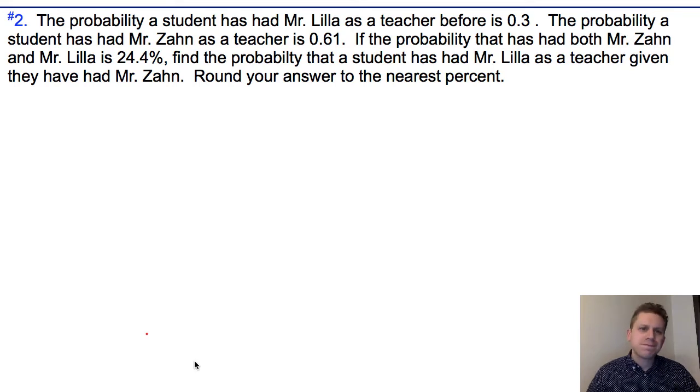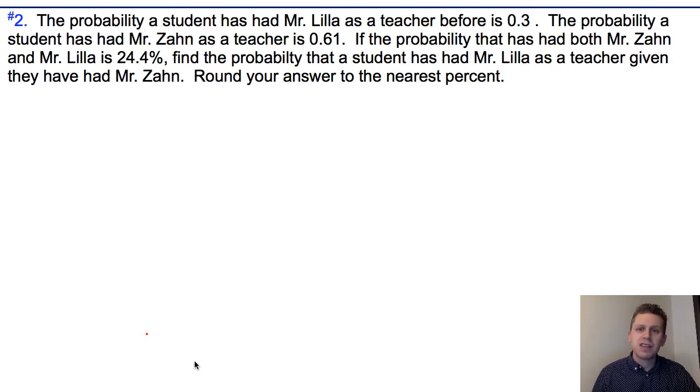Here in problem 2, we have the probability a student has had Mr. Lilla as a teacher before is 0.3 or 30%. The probability a student has had Mr. Zahn as a teacher before is 0.61 or 61%. If the probability that a student has had both Mr. Zahn and Mr. Lilla is 24.4%,